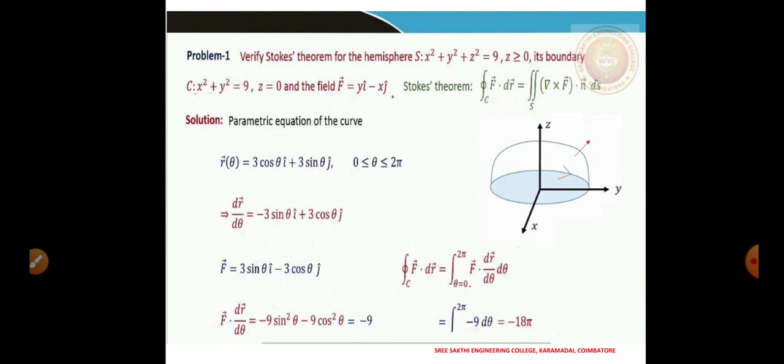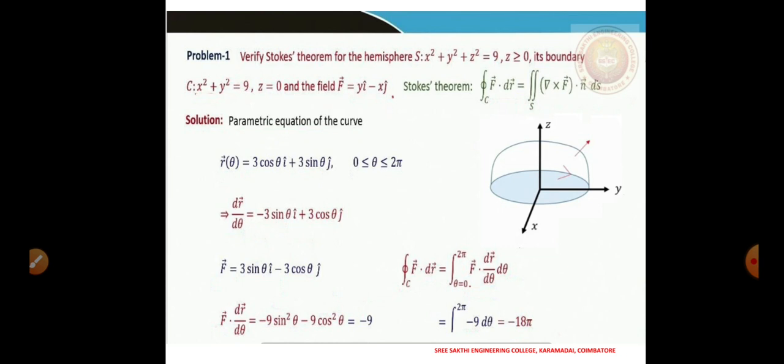So we will take the outer normal, with the anti-clockwise direction for the curve on the boundary. We can easily write down the parametric equation of the circle. It was x squared plus y squared equal to 9, a circle of radius 3. So r vector of theta is equal to 3 cos theta i vector plus 3 sin theta j vector, with 0 less than or equal to theta less than or equal to 2 pi. So dr vector by d theta we can compute out of this. dr vector by d theta is equal to minus 3 sin theta i vector plus 3 cos theta j vector.